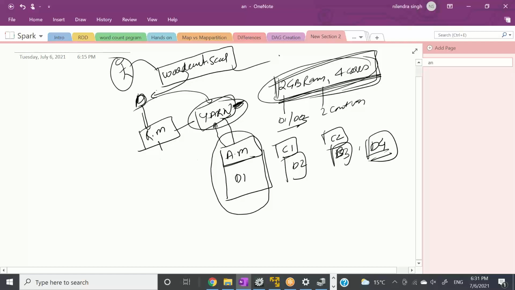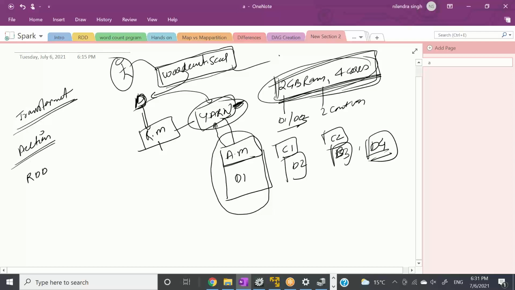What the driver will do is send a copy of the code, not in the plain Scala format, but processed. In Spark you have two things: transformations and actions. And we know whenever we do any transformation on any data, it will create an RDD.